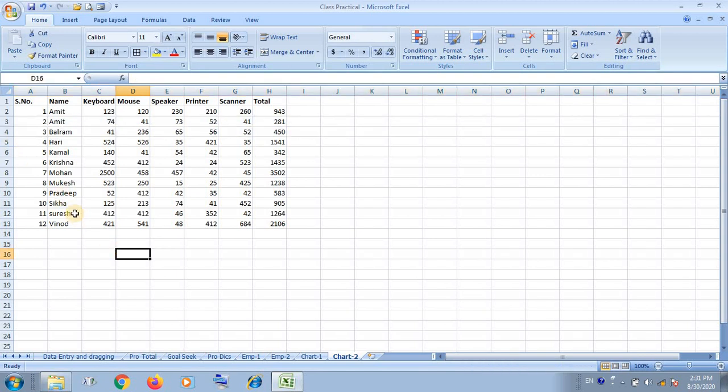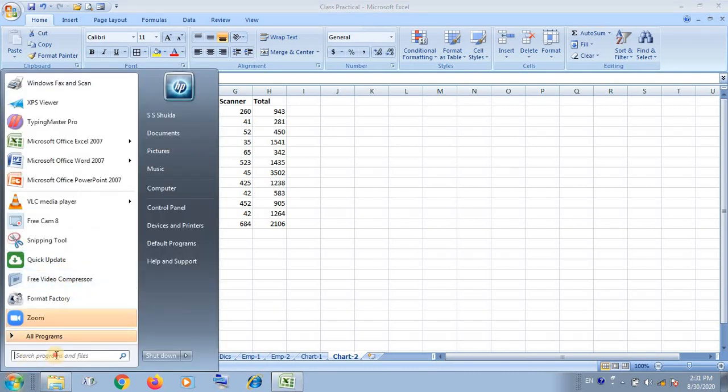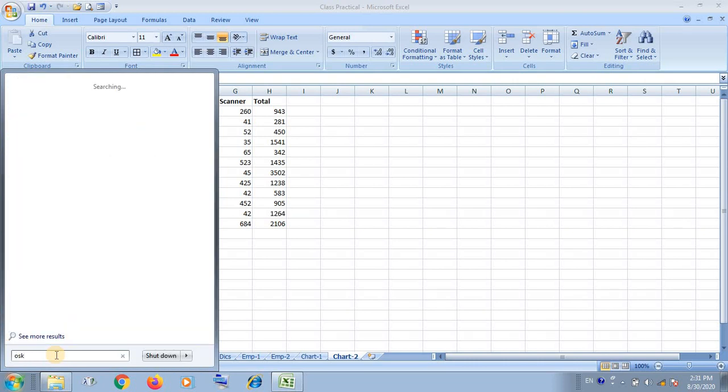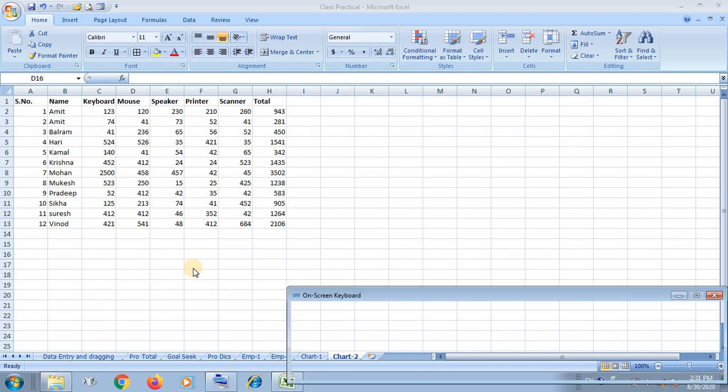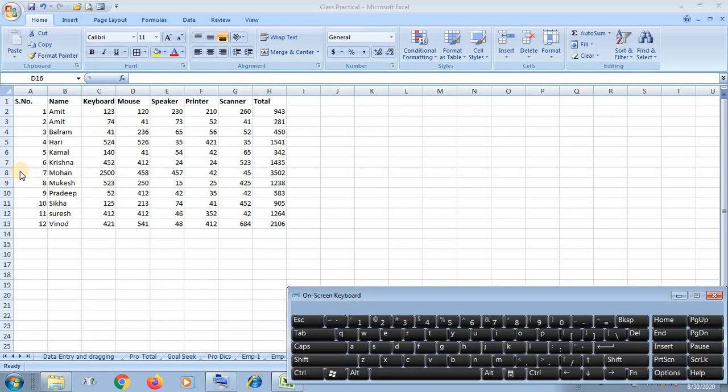And if you want to select whole rows by using the keyboard, then how you can do, look here, I am displaying here. You have to hold the shift key for the selection of a number of columns, number of rows. Okay, children, see here, you have to hold the shift key firstly, and then click on that particular row.